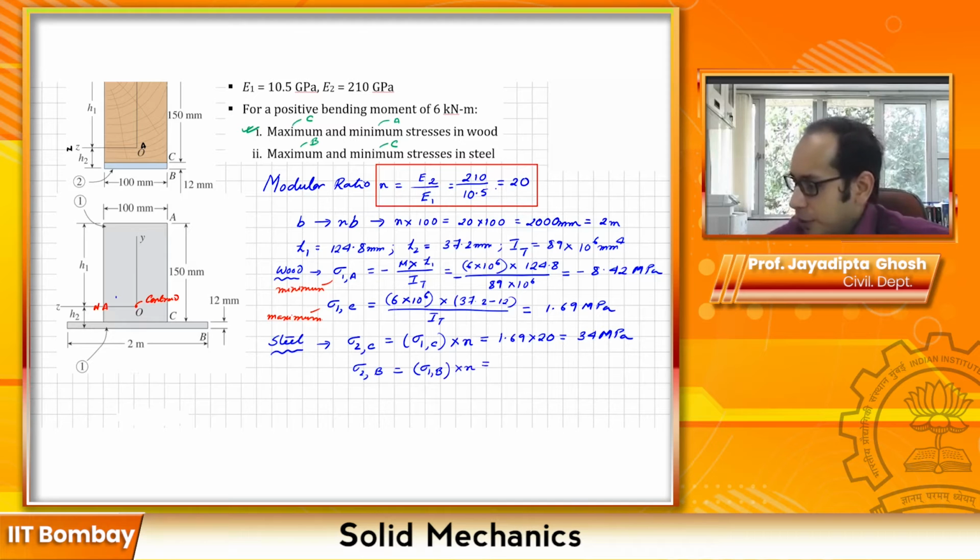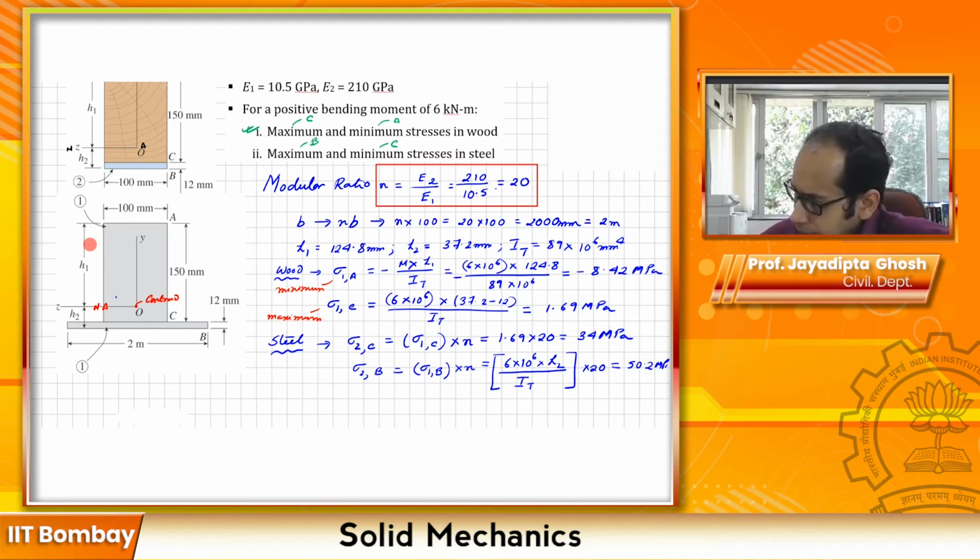So I need to calculate this first part over here because I have not calculated it earlier. So it is going to be what? It is going to be 6 into 10 raised to 6 times this height, the whole height h2 now. So that is 37.2, so I'm just simply going to write h2. You can substitute and calculate, divided by the I of the transformed section, times 20. Don't forget that. So that comes out to be around 50.2